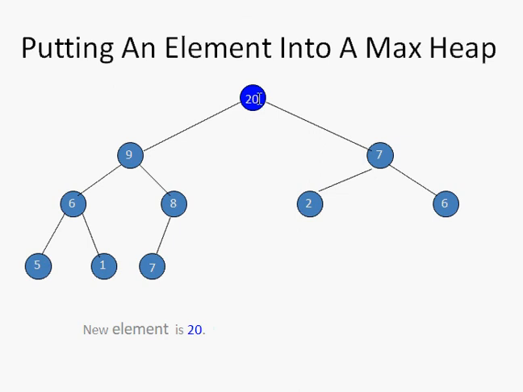And you can observe that after inserting element 20, it is still a max heap. This is a max heap indeed after inserting element 20, and 20 has reached the root position. That's the correct position for 20 to be placed. Now, as I've told you, how do you use this for sorting application?